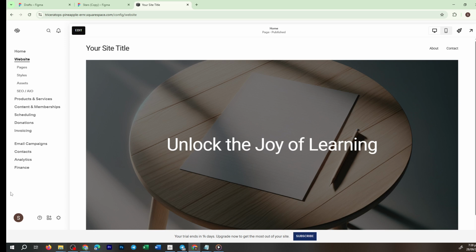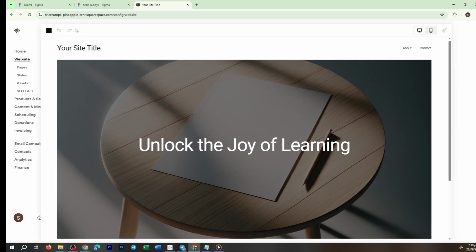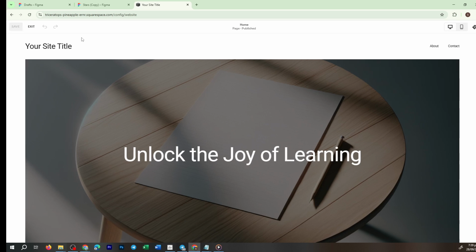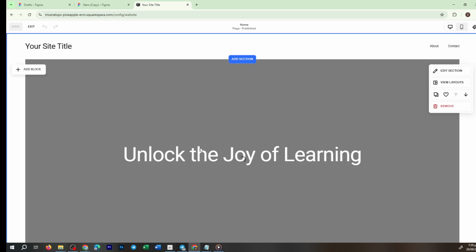Let's dive right in and take you through the process step by step. To start off, open up your Squarespace site and navigate to the page where you'd like to see your Figma design come to life. Once you've landed on the right page, it's time to click on Edit so you can begin the customization process. This menu is where the magic happens, allowing you to mold and shape your website exactly